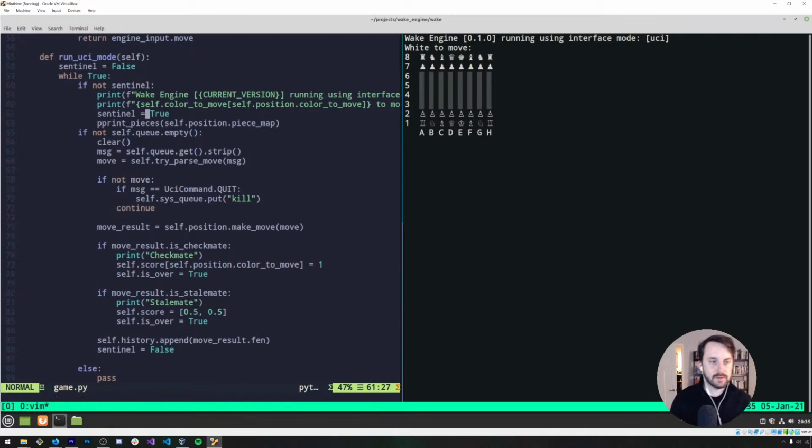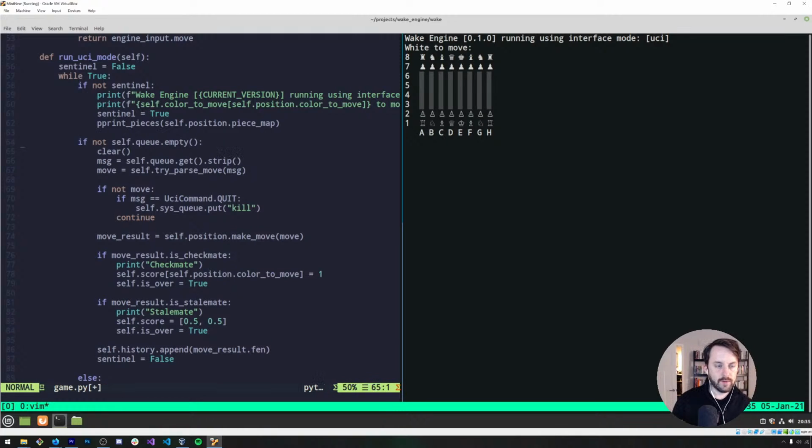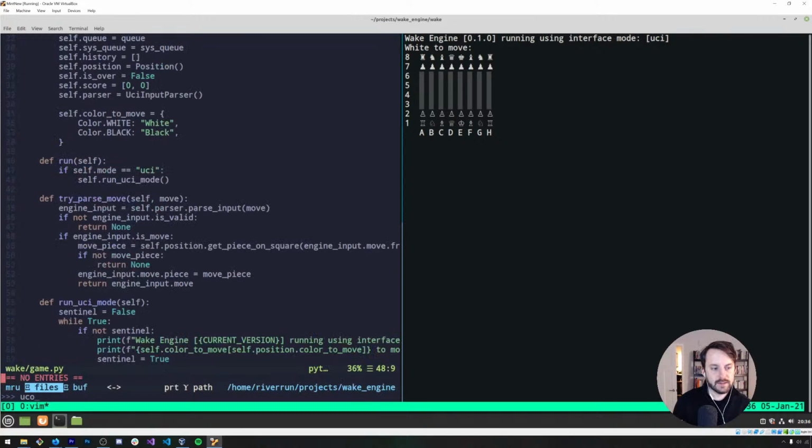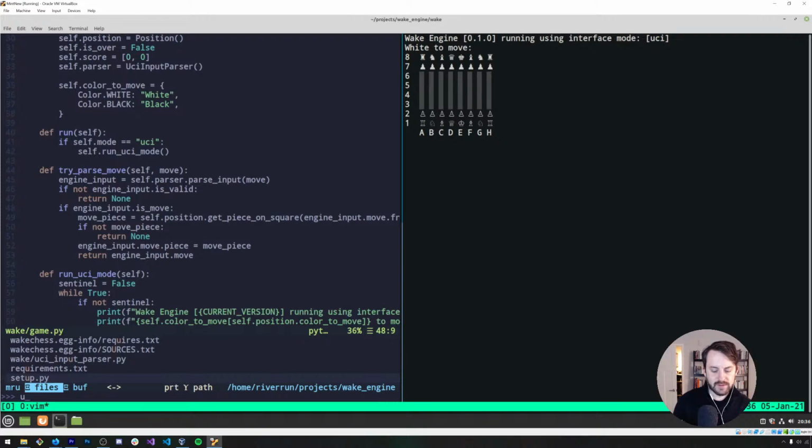I have this little sentinel in place for when the UI needs to be updated. If the queue is not empty, then we clear the screen, we get the queue, and then we try to parse the move. We use the engine parser to parse the input, and the way that that is working is in UCI parser, I think.